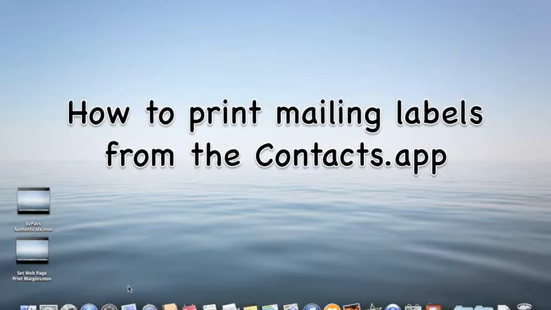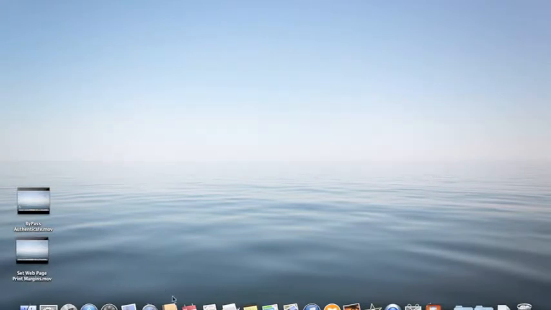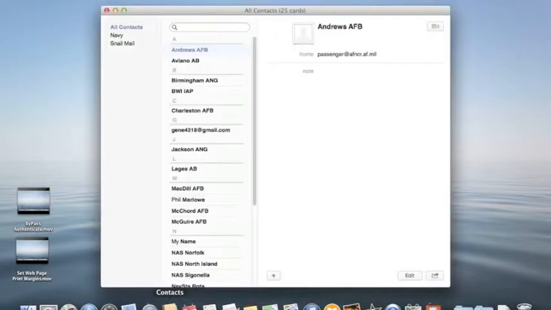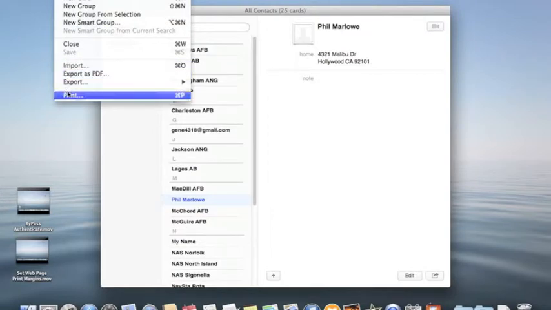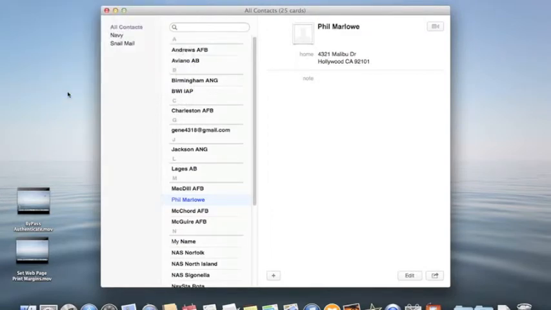I'm going to show you how to print mailing labels and envelopes from the addresses in your contacts list. Open up the contacts application, which used to be called Address Book, and here you'll see all my contacts in a list. Some of these have just the email, and others have a name and a mailing address. If I want to create a mailing label or an envelope for Mr. Marlowe, I click Print,